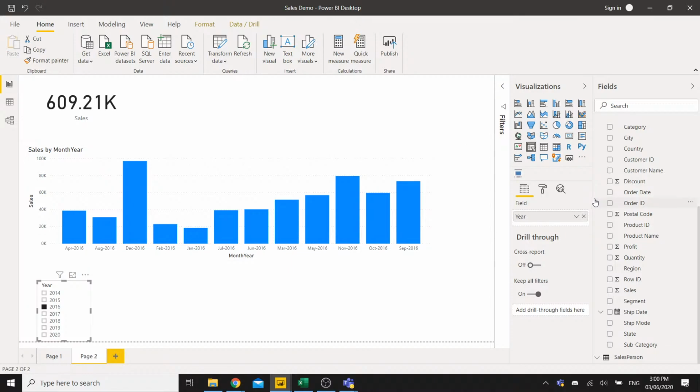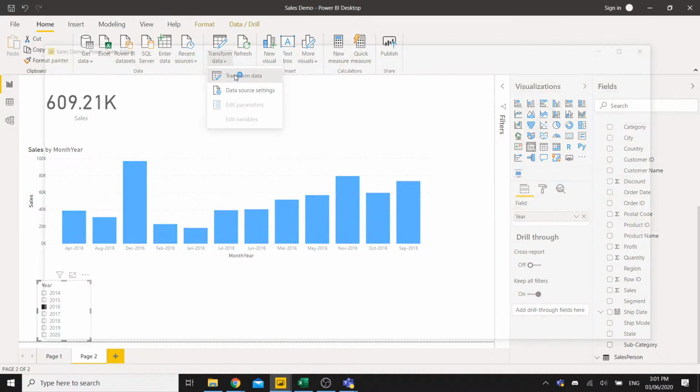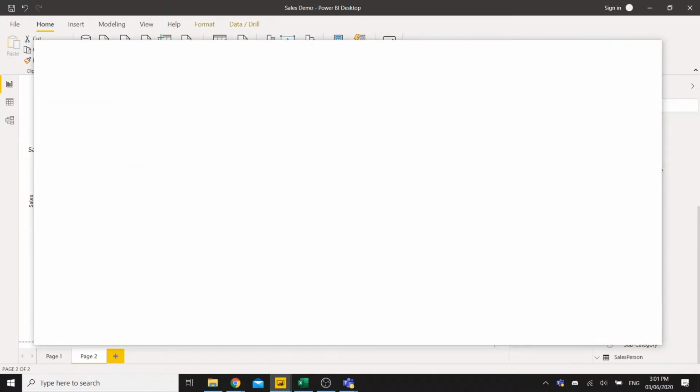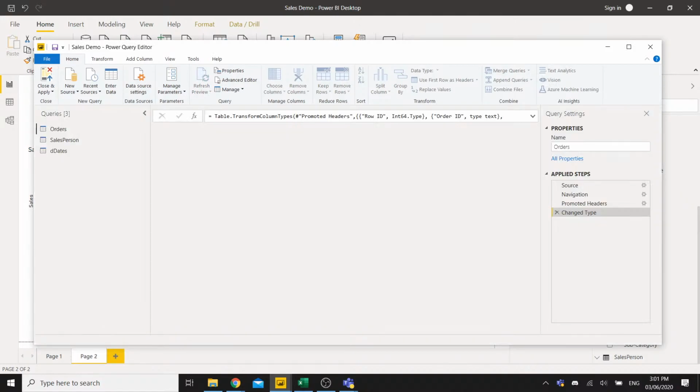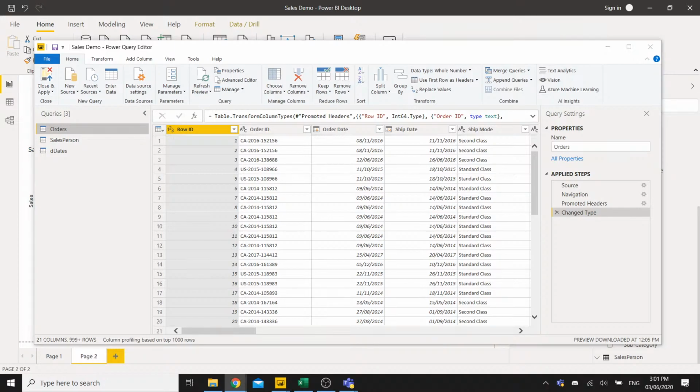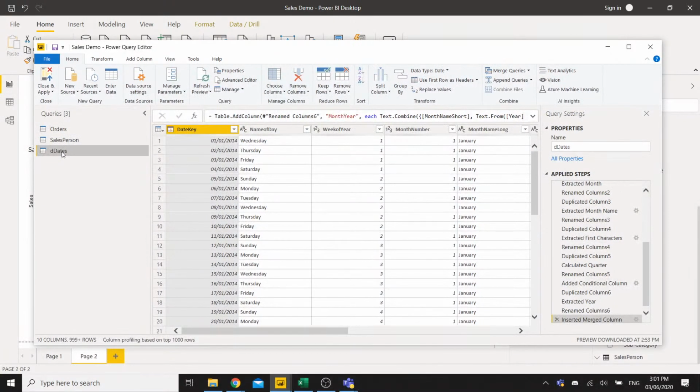So how do we do that? There's a few tricks we can show you. The first thing that you want to do is go back to transform data and click on transform data. Then we go to our dates table,